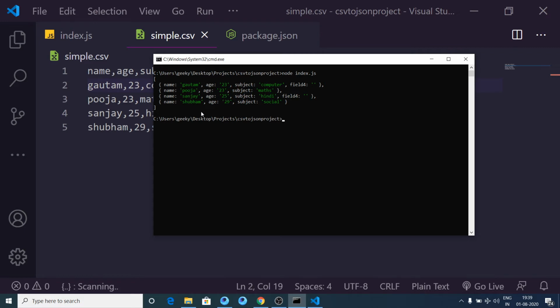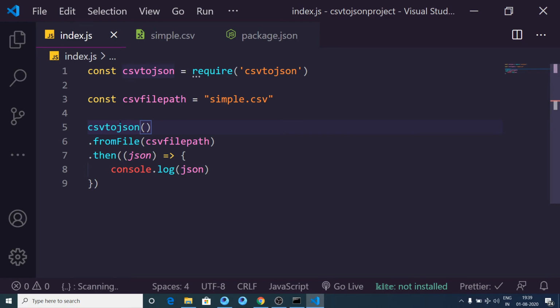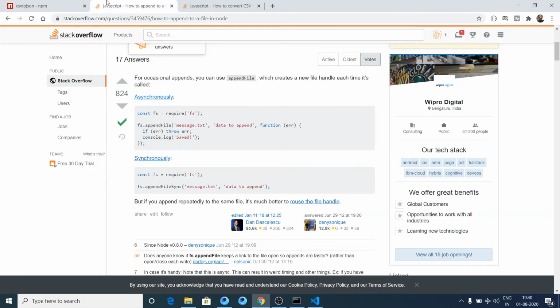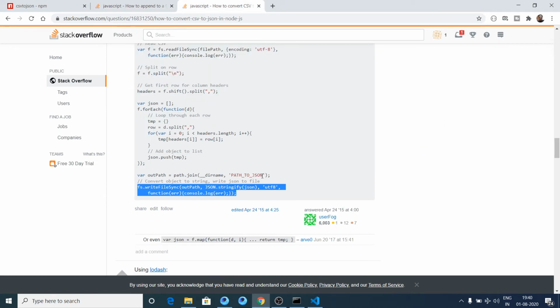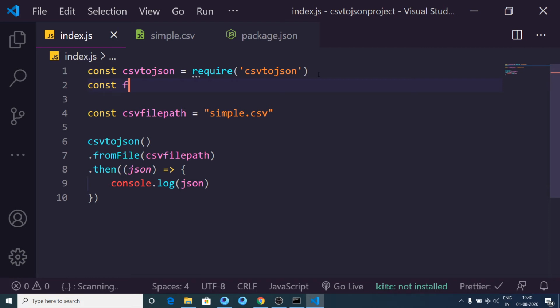Now what we want is to save this file. In order to save this file, it is pretty simple. We will make use of this function, let me just show you. This is a file system function. For saving the file, we need to make use of the built-in Node.js module, which is fs, the file system. So require it, and then after that we can